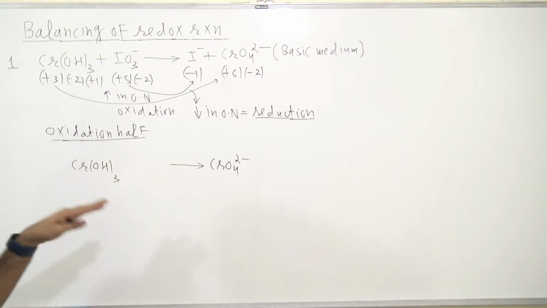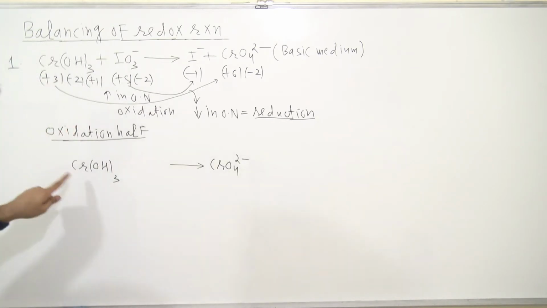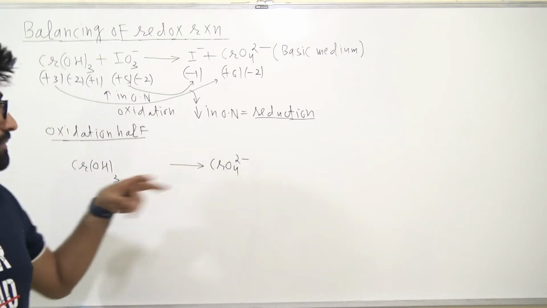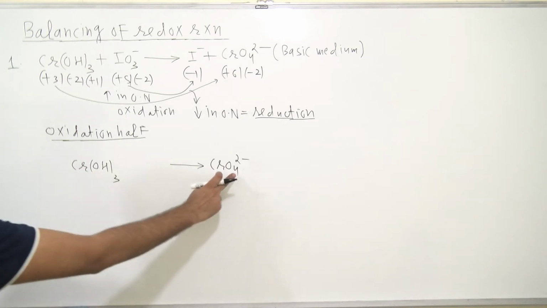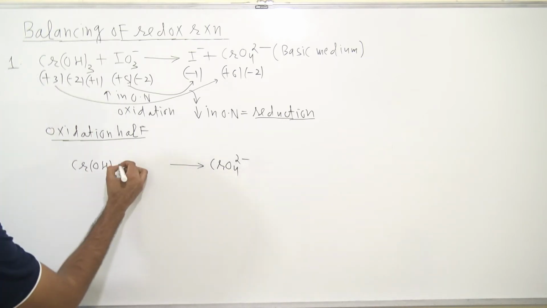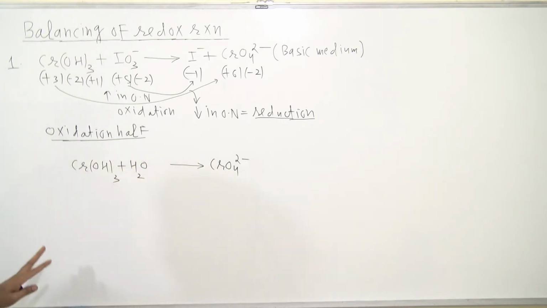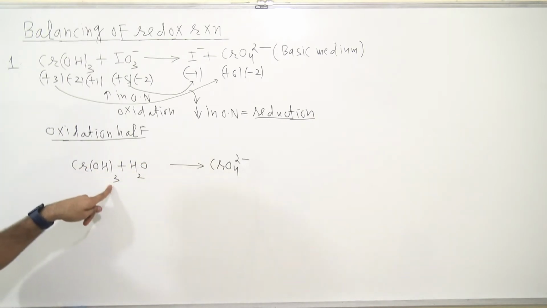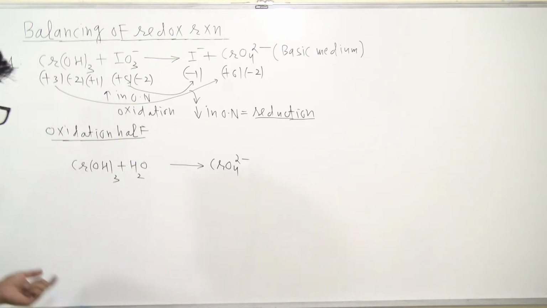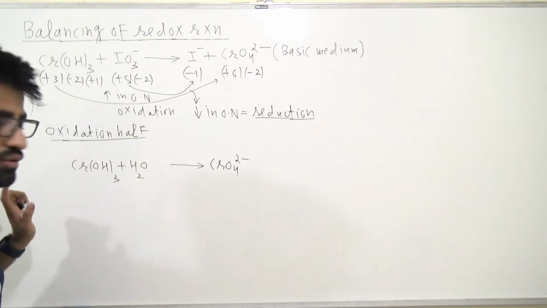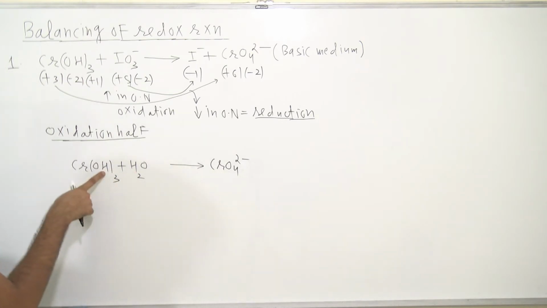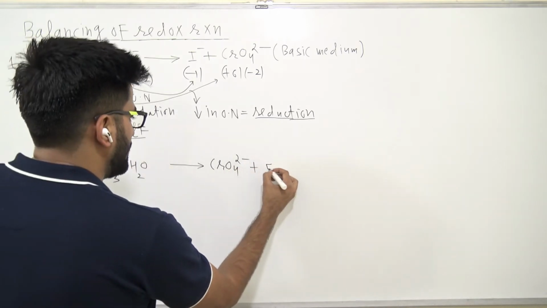Now what is the next step? Balance all the atoms except hydrogen and oxygen. Is chromium balanced? Yes, chromium is balanced. Now balance oxygen. How many oxygen do we have here? 4. So I need to add 1 water molecule. Same as whatever we have done in acidic medium, right? So oxygen is balanced, 3 oxygen and 1 oxygen, 4. Here 4 oxygen. Now balance hydrogen. How many hydrogens are there? Please don't make this mistake. There are 2 hydrogen and there are 3 hydrogen here, right? 3 is getting multiplied, 3 plus 2, 5. So here I add 5H plus.